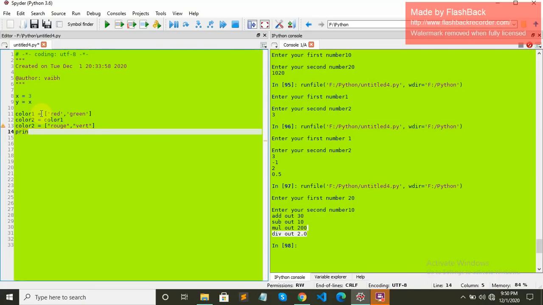And now if we print color1, you can see the output. It is red and green.